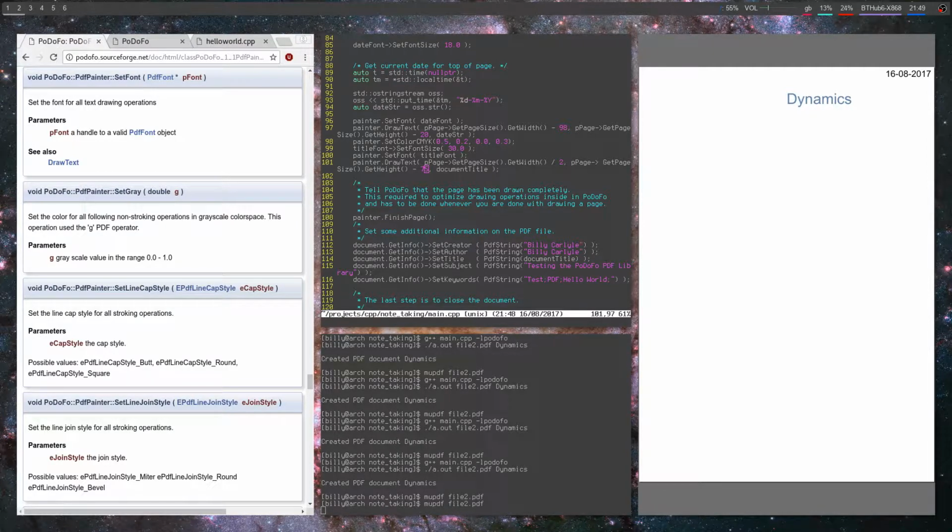It's not centered though, so the way that the coordinates work in PDFs is that it